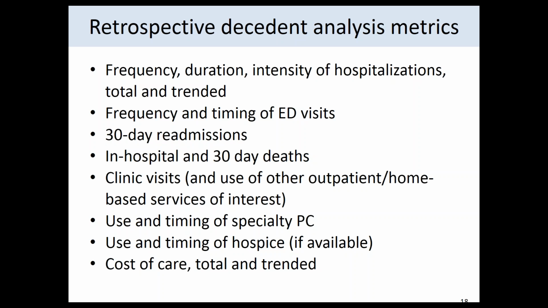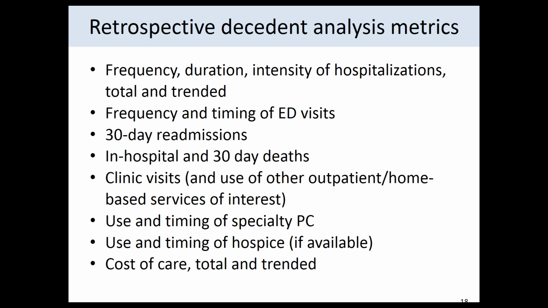You can look at the frequency and duration and intensity of hospitalizations, total and trended over time in relation to date of death. You can look at the frequency and timing of ED visits. You can look at the frequency of 30-day readmissions. You can look at in-hospital and 30-day deaths. You can also consider use of ambulatory services like clinic visits and other home-based services that you may have an interest in, for example, because you're wondering where are these patients going before they start showing up at the hospital. And I want to reach out to those providers to generate referrals and also to give a lot of